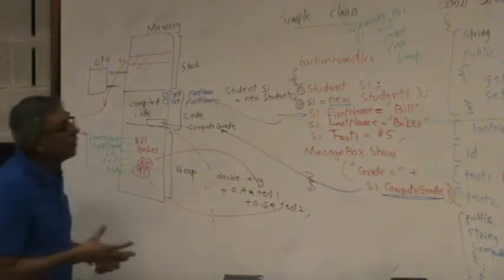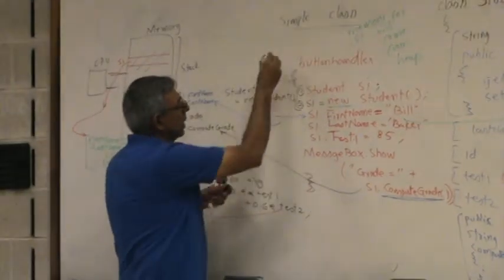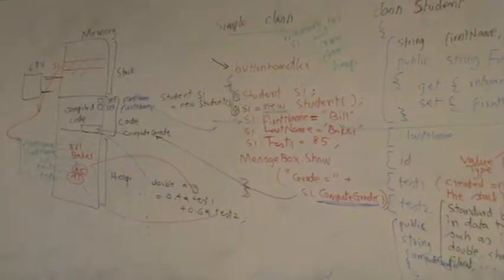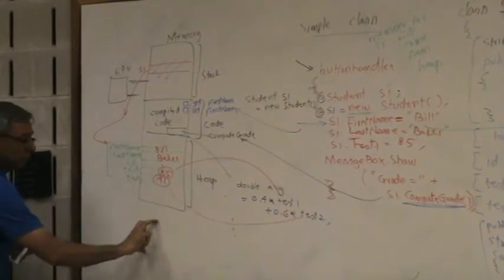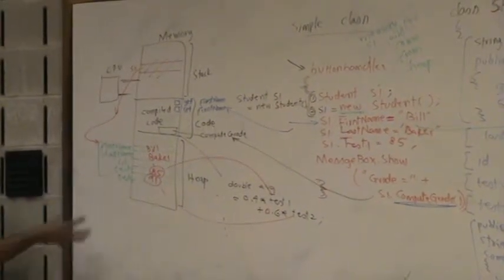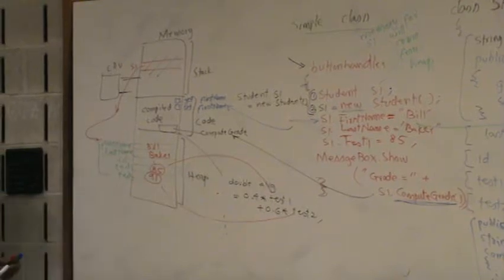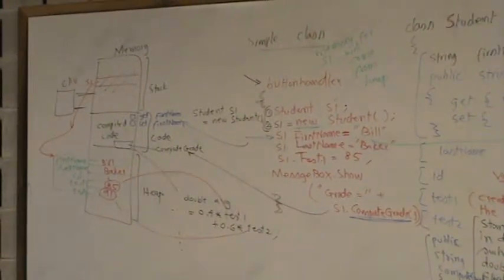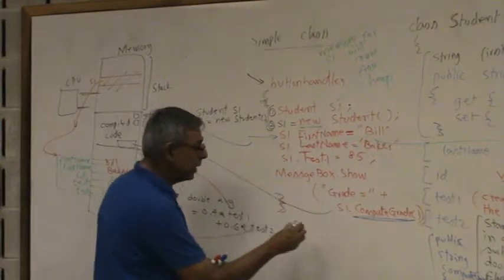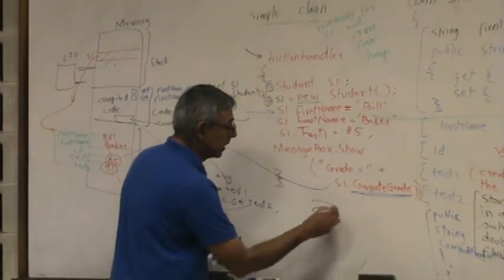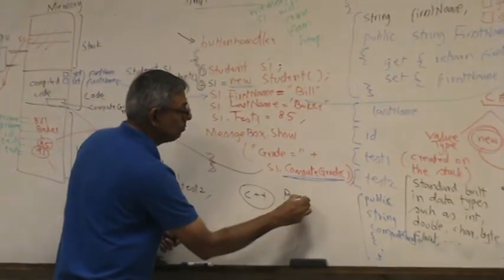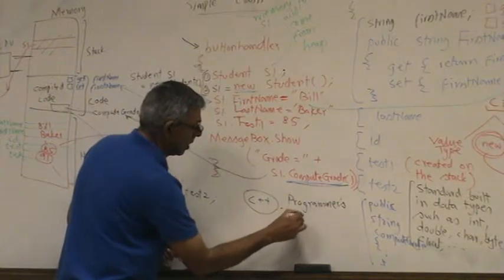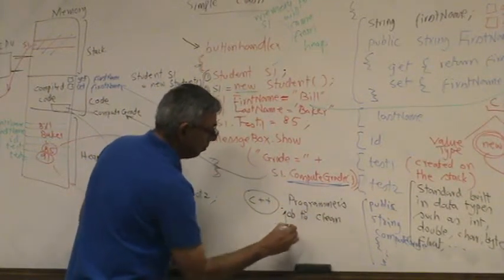So imagine what will happen if somebody called this 1,000,000 times. You pressed on this button 1,000,000 times. Each time you press, it will allocate one more memory, one more memory, one more memory. As soon as you finish, you lose the connection to it, right? So pretty soon the computer will run out of memory, okay? So in a language such as C++, it's the programmer's job to clean the heap,